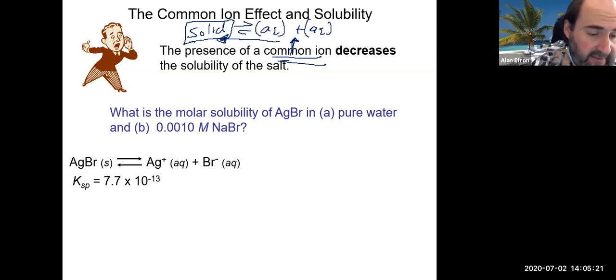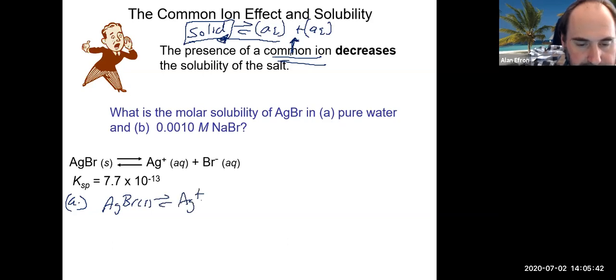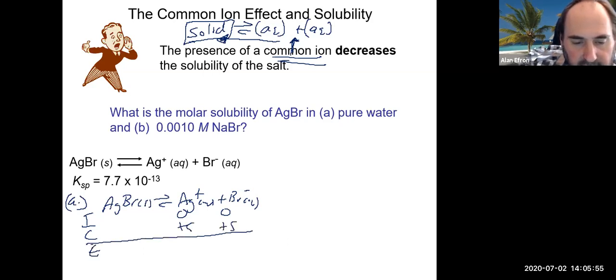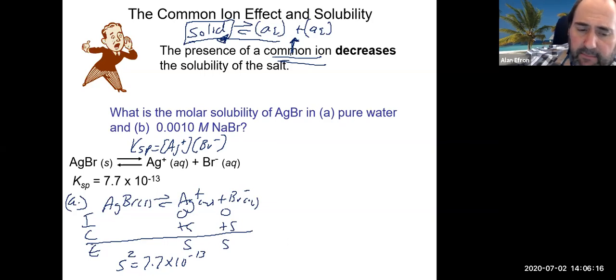So let's take a look at an example like we have here, silver bromide. And if we were to calculate the solubility of silver bromide in water, we would just do our normal ice table. So that's going to give us our silver plus our bromide. We'll do our 0 and 0. We'll do our plus S, equilibrium S and S. Going into our KSP expression, which is our products, and no reactants because it's solid, which means we get S squared equals 7.7 times 10 to the minus 13. We're going to square root both sides, and we will get a molar solubility for silver bromide there in water of